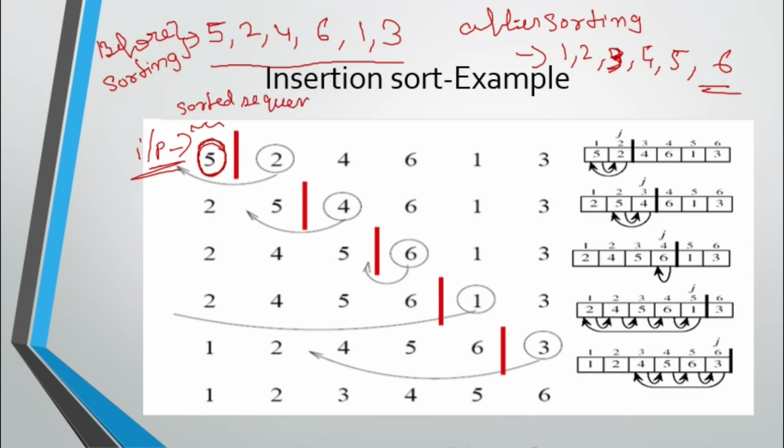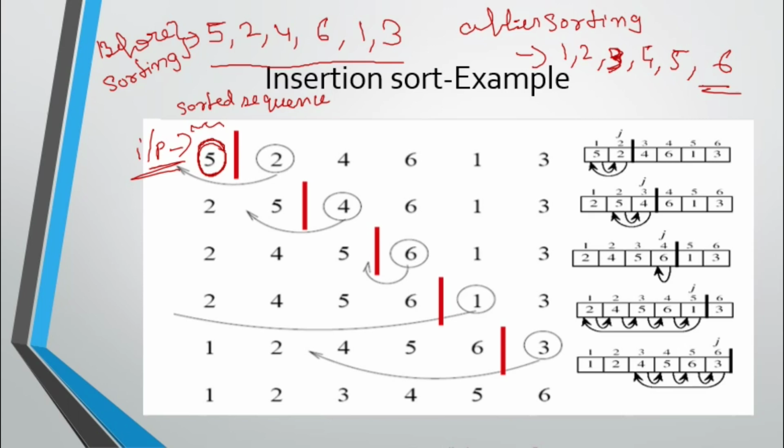Okay, so that line is there, no vertical red line. The numbers before the vertical red line are the sorted ones, and the numbers after the vertical line are not sorted. So what you're supposed to do is this: the first number is there, and that is sorted. You need to keep it as it is.